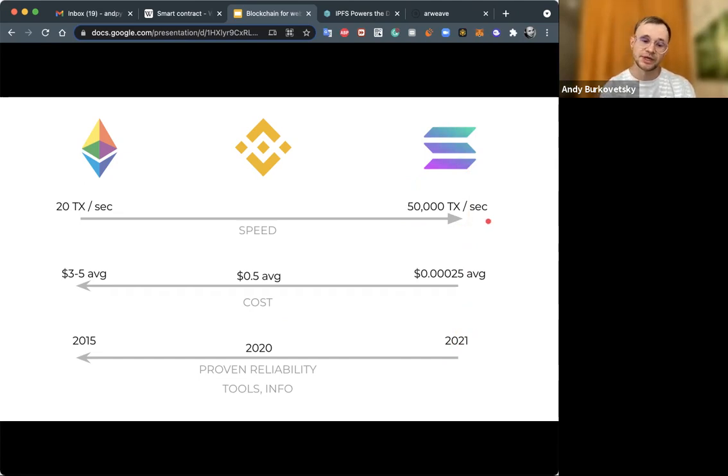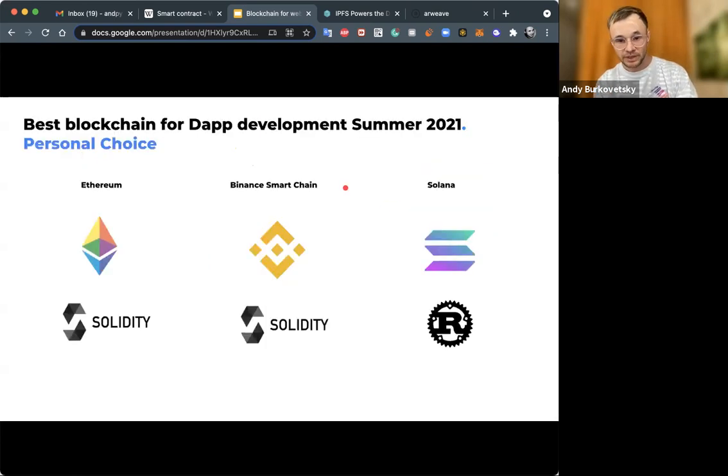They do update the documentation, but it simply was just born. And for smart contracts, it uses the Rust language. If you know Rust or aren't afraid to try it, I recommend trying Solana, to play with Solana or Binance Smart Chain.